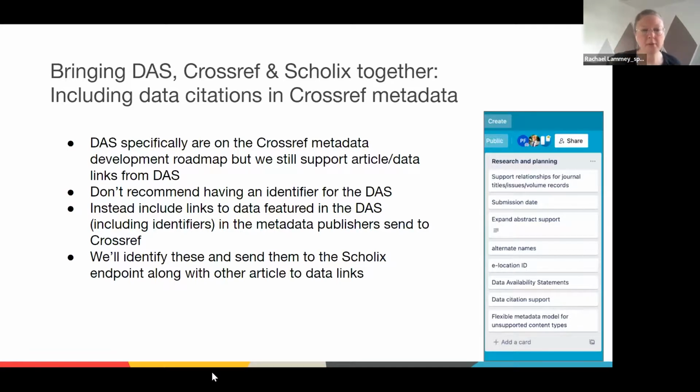From our perspective, we're not expecting that we would have a DOI or an identifier for the DAS, but we'd recommend, and a lot of publishers are already doing this, including links to the data featured in the DAS, ideally including identifiers in the metadata that publishers